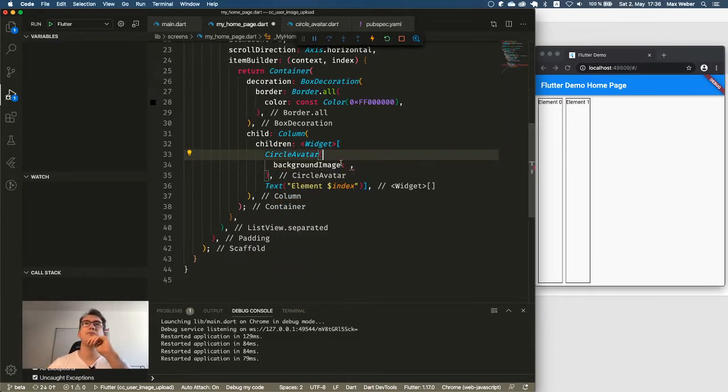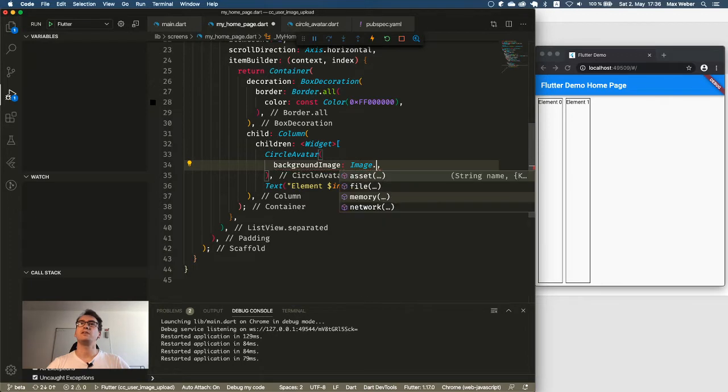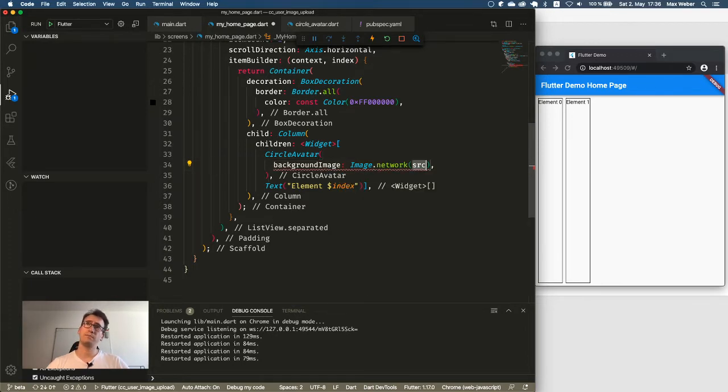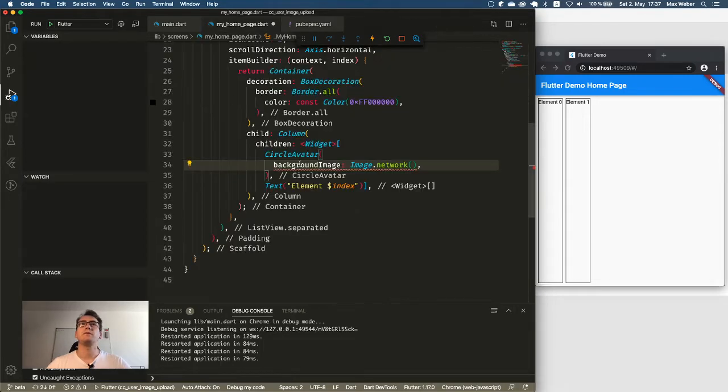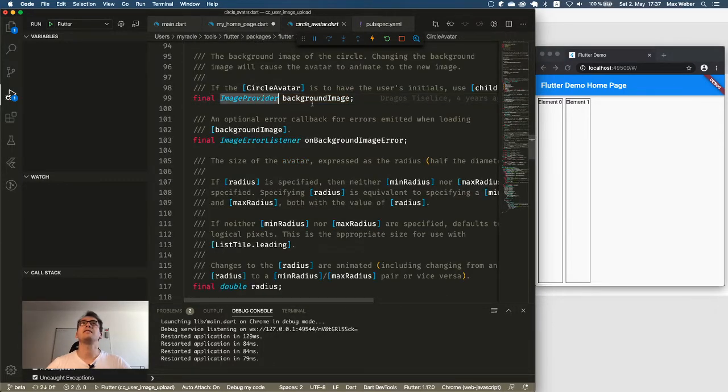And now we come for the first time to our network image that we get from these nice little URLs from imagex. So what we can do is say image network, which prepares us already the, no worries, Tim. So that creates us already a constructor with the network image possibility. Is that correct? No, it takes an image provider.